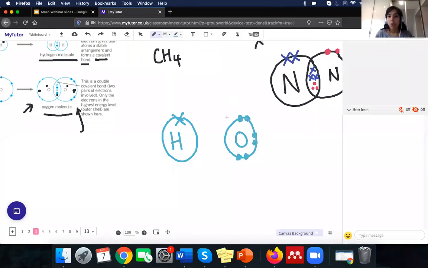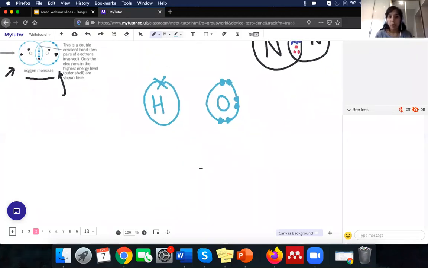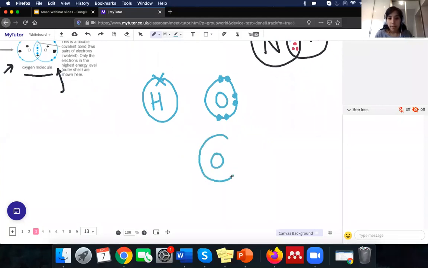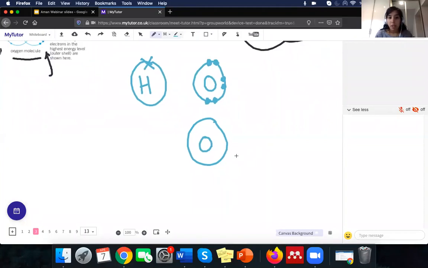So oxygen wants to have 2 electrons to make its outer shell, but hydrogen only has 1 electron that it can share. So that means we need to use 2 hydrogen atoms in order to complete oxygen's outer shell and fill the hydrogen outer shell. So to do that, if we draw oxygen first, and then again, similar to a Venn diagram, we want the overlap. So that's 1 hydrogen there